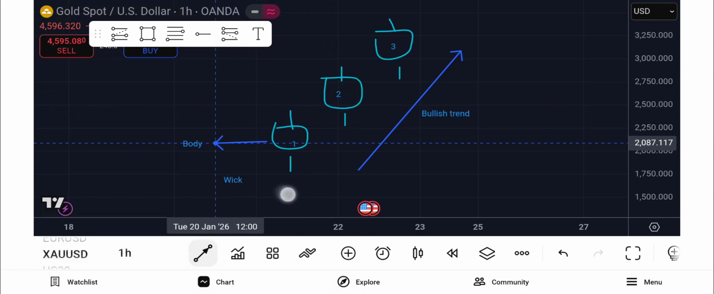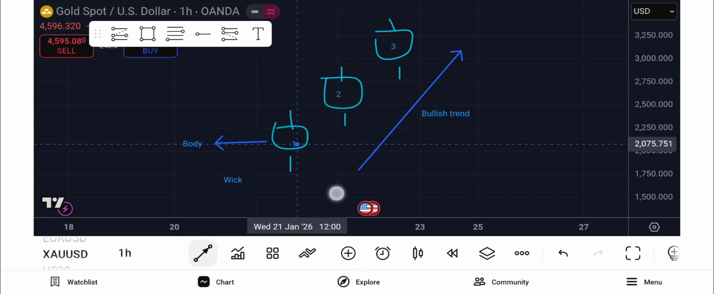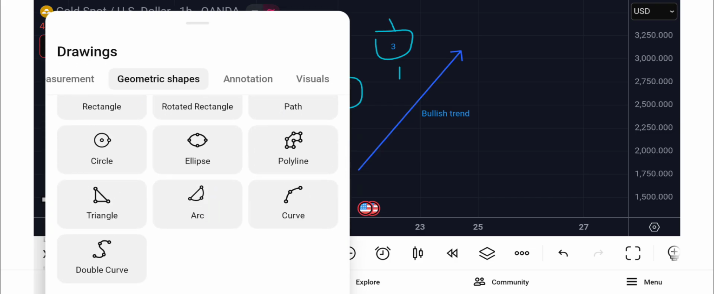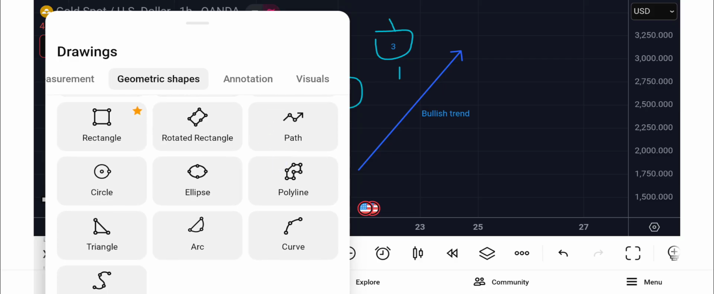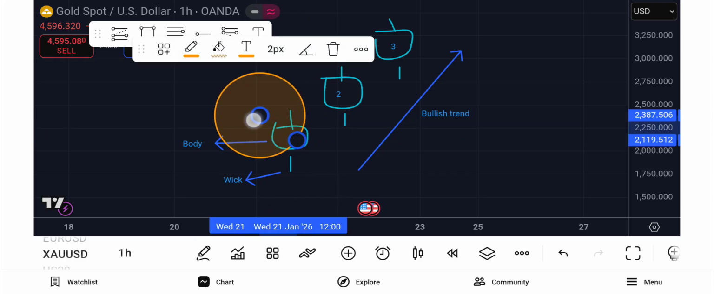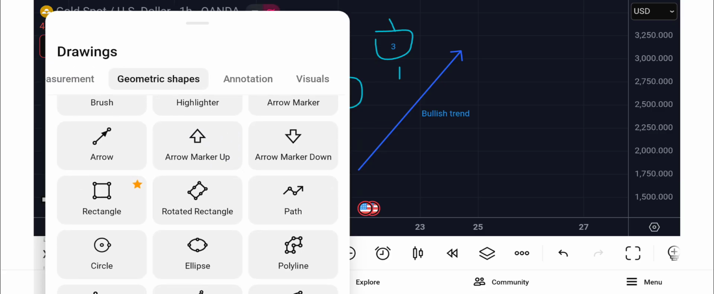So the middle thing is the body. The middle of the candle is the body, and the long line is considered the wick. Okay. Now, for those of you who don't know, this whole thing, the wick and the body together, right? This whole thing together is considered